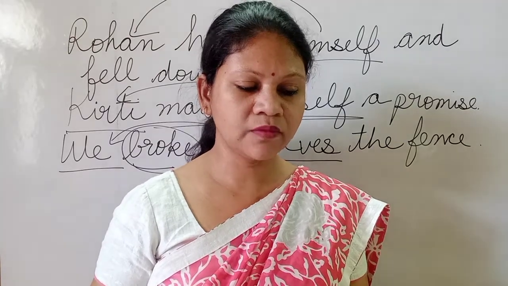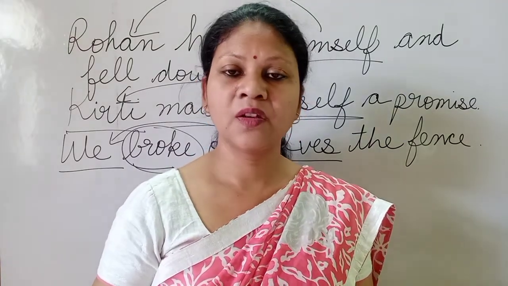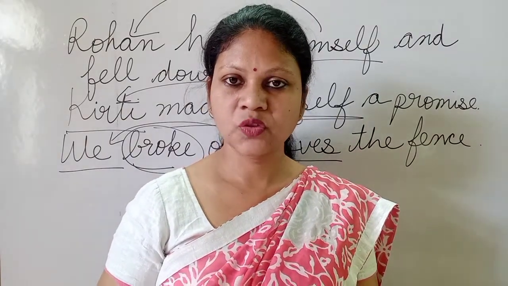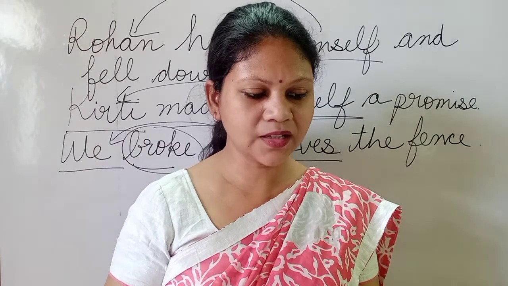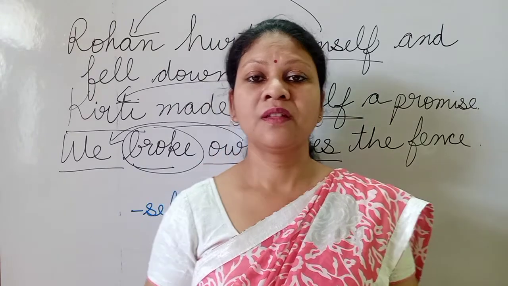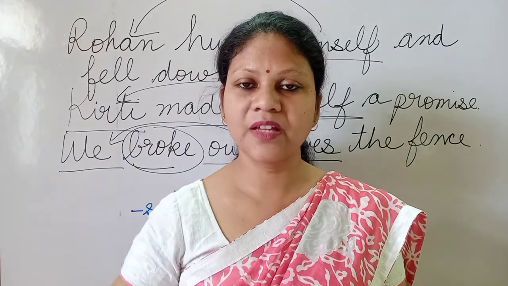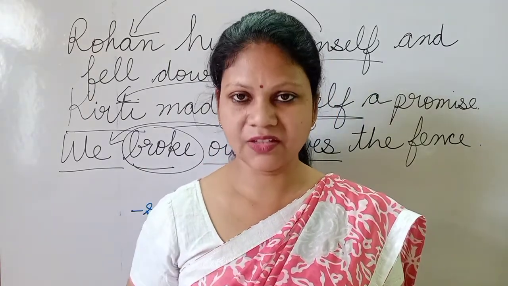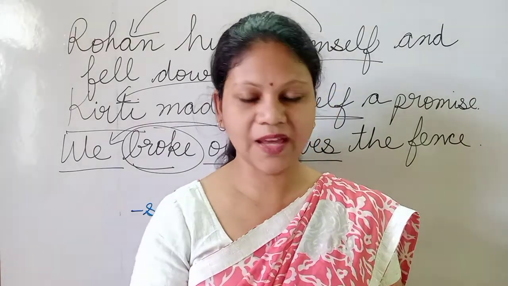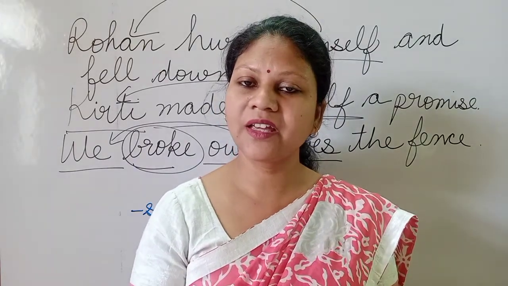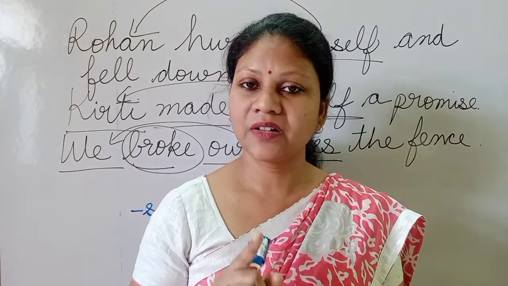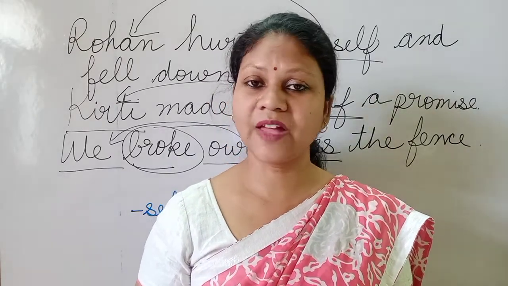So who is the doer? The doer is I. And whether have I taken anyone's help? No, not at all. So I alone was the one who had done this task. Okay, so that means here we have to use myself. So myself is used for emphasizing the subject, the work of the subject. So here, when we are emphasizing the subject, this myself will not function as a reflexive pronoun but as an emphatic pronoun.